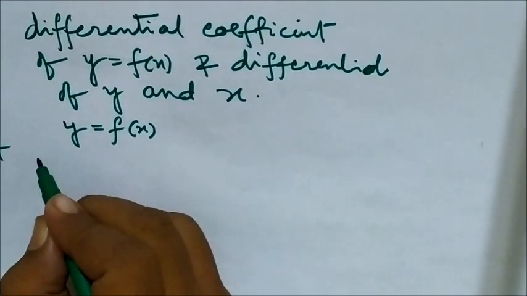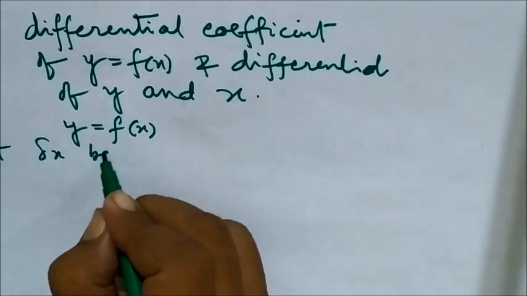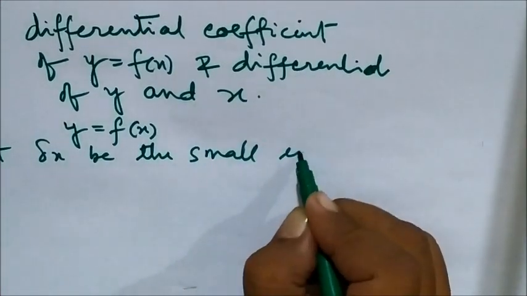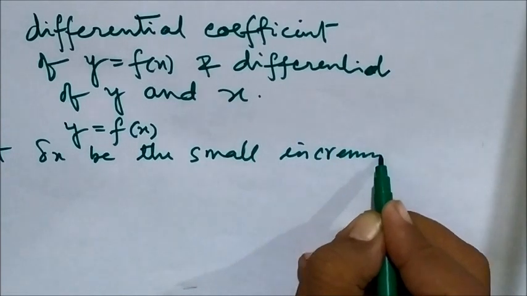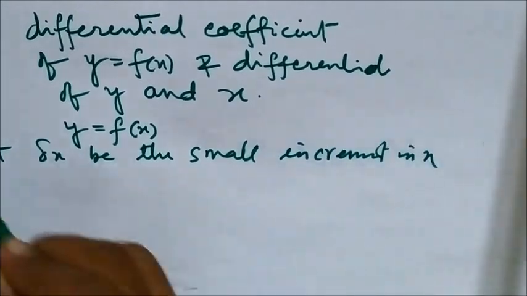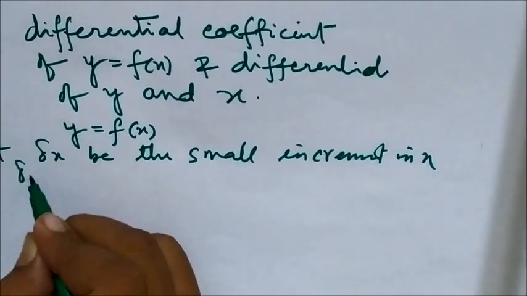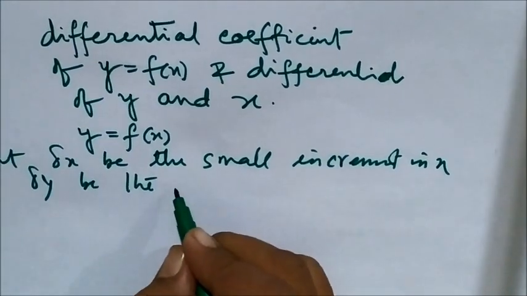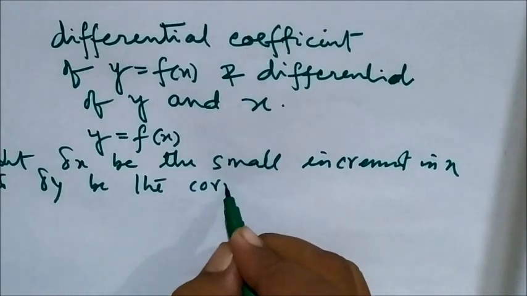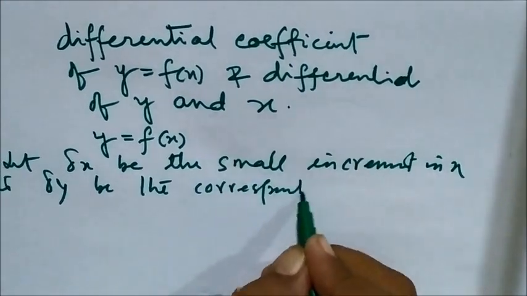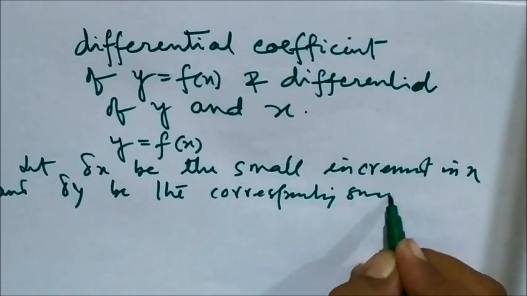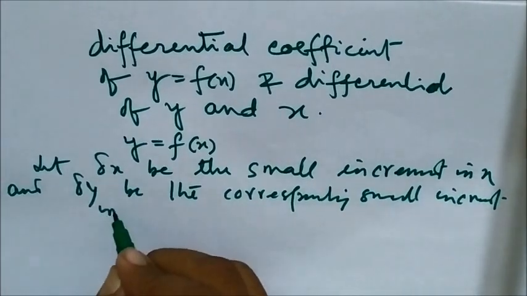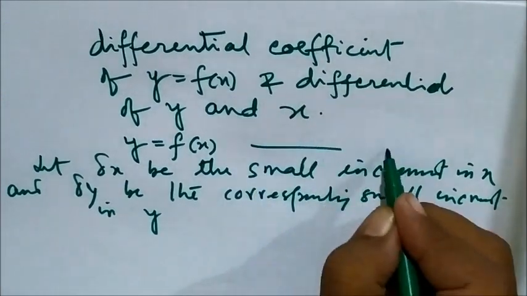Let delta x be the small increment in x, and delta y be the corresponding small increment in y. Then equation 1 becomes